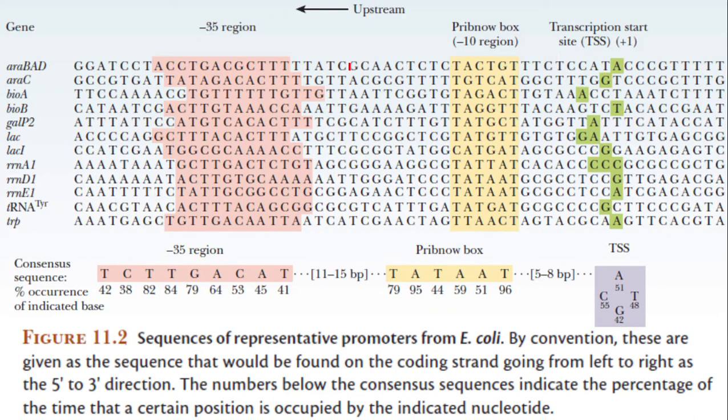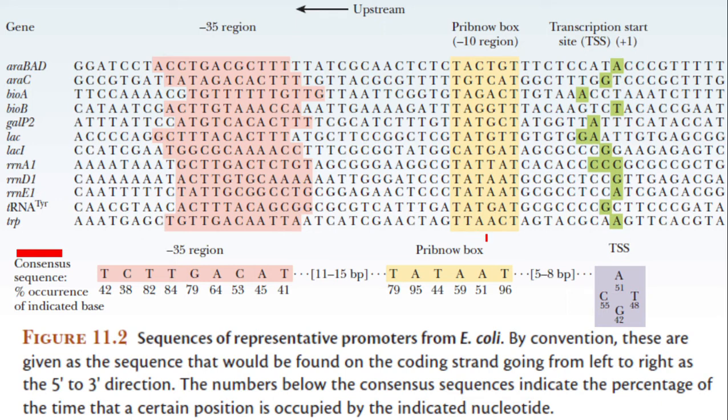You see here, these colored regions are actually consensus sequences. Consensus, which means they are common to several hundred thousand genes discovered so far. These are different genes. You need not study the name of any of the genes. You understand that so many genes are given here. They have a Pribnow box common.